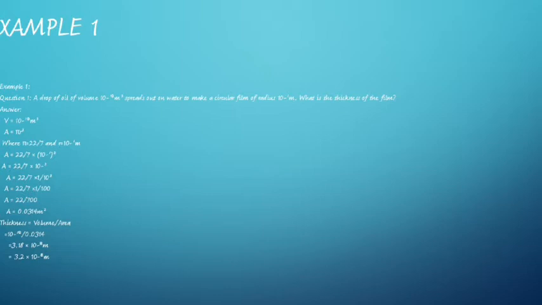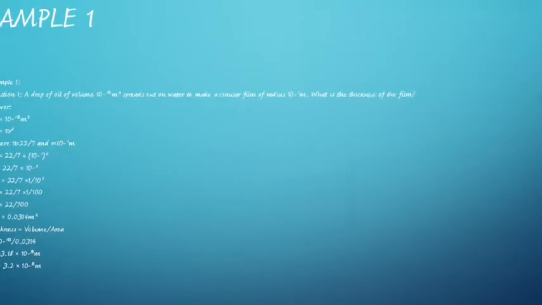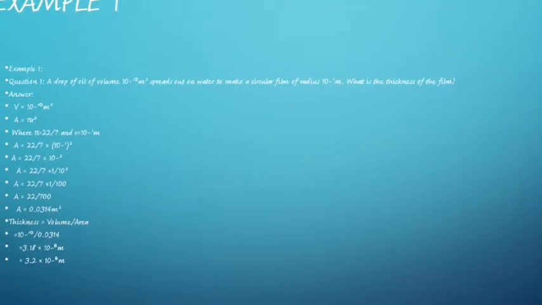So we use pi r square, where r is the radius and pi is 22/7, as we all know. Then remember from the question we have been given the radius of the oil to be 10 raised to power minus 1. So to calculate the area, we use 22/7, which is our pi, times 10 raised to power minus 1 raised to power 2, that is pi r square. Then press that on your calculator. All you're going to have is 22/700, because we have 1/100 times 22/7. Then therefore our area is